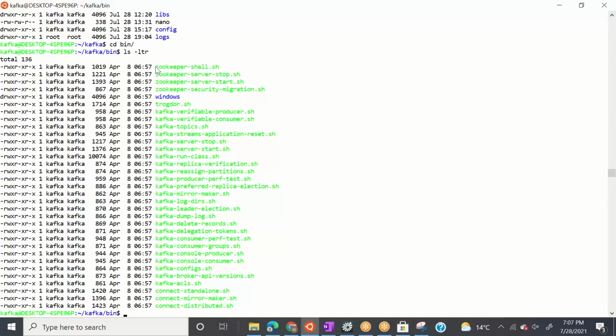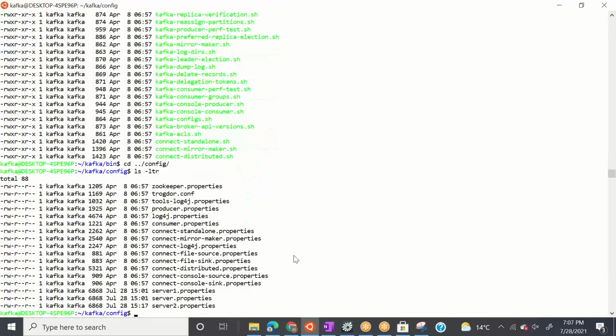For example, this is Zookeeper shell, Zookeeper start, Zookeeper stop, and then we have Kafka consumer, performance test, Kafka producer, different kinds of shell scripts. So the bin directory has all the binaries or shell scripts which help you run your producer and consumer. Now let's see what is inside config. So let's go to config.